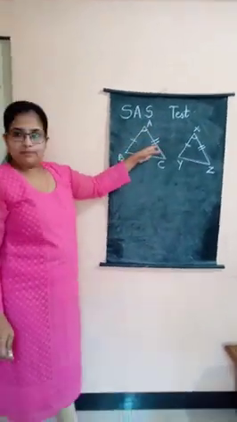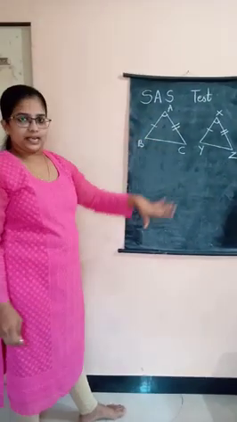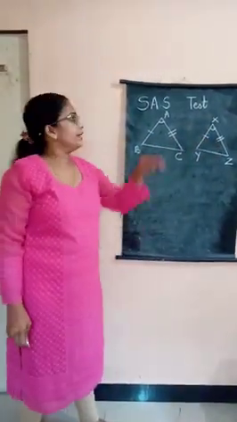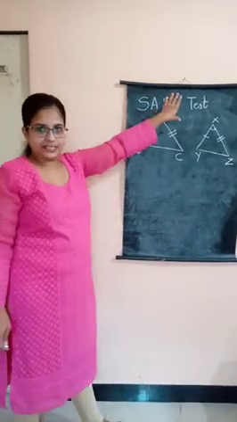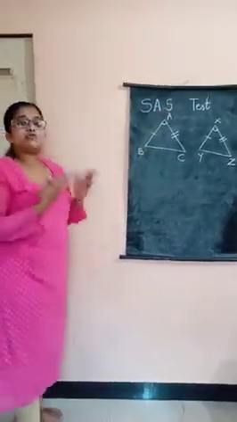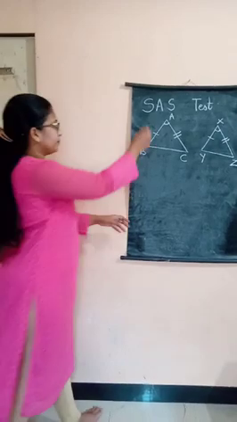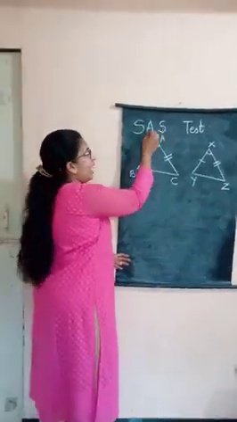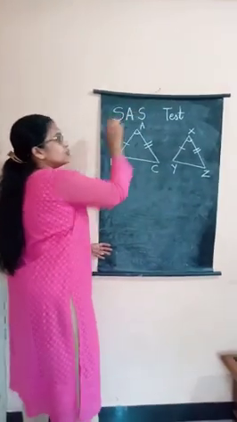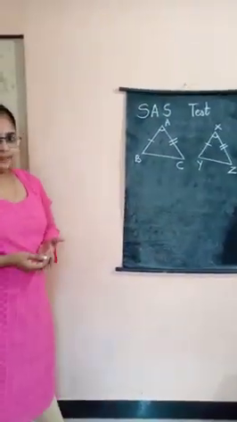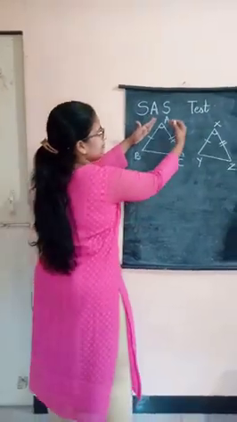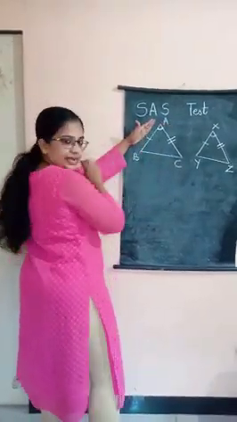These are the 3 elements of the triangle. In this case, you can say that these two triangles will be congruent by the SAS test. Now let us see in detail what this SAS stands for. It means that there are 2 sides and an angle, which is also called the included angle. Why is it called the included angle? Because it lies between the 2 sides.